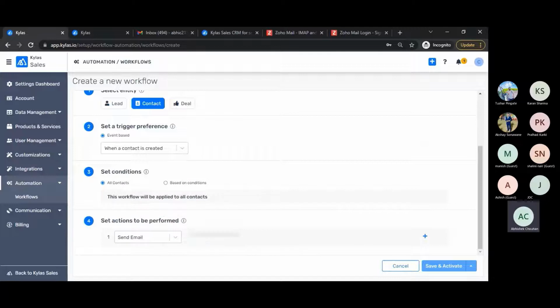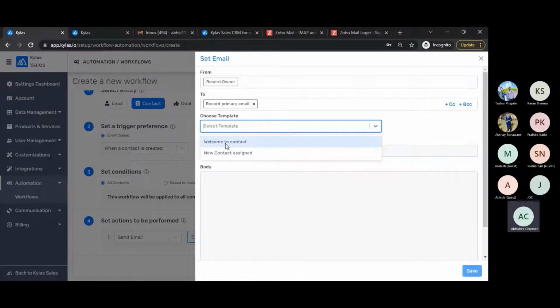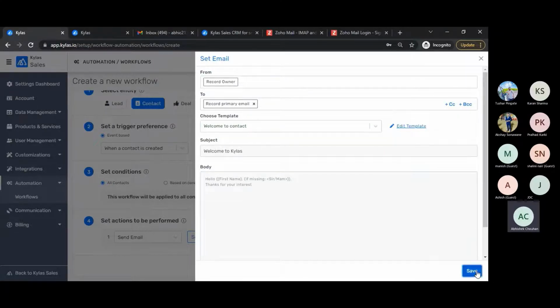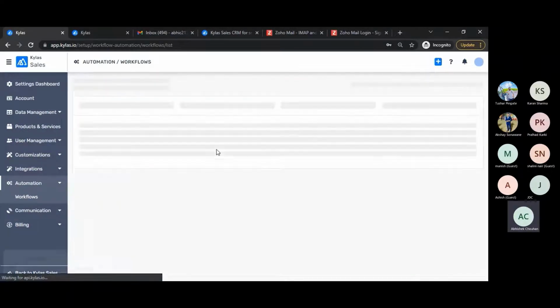We can have an action called send email, right? And we can draft this email over here. So let's say that email should go from the contact's owner who has created the contact, and it should go to the contact's primary email, right? And one of the templates we can use is welcome to contact, right? Now if I save and activate this workflow,